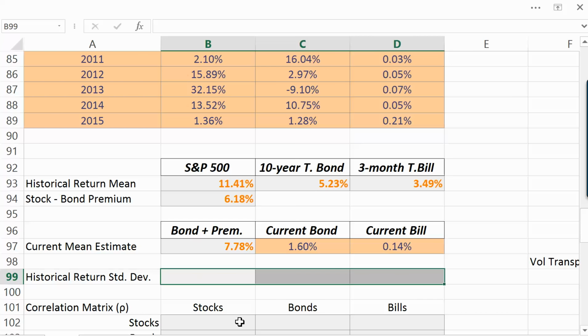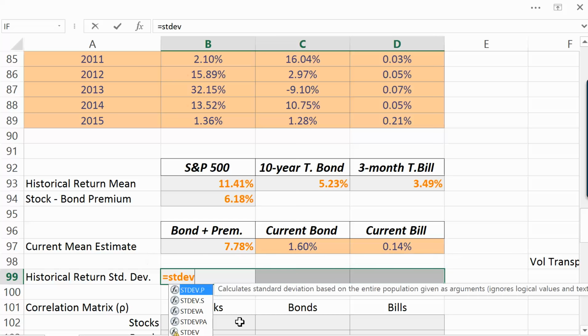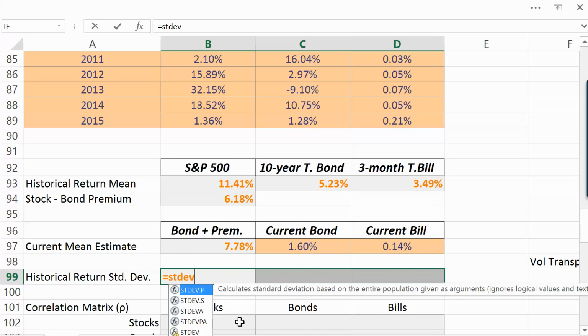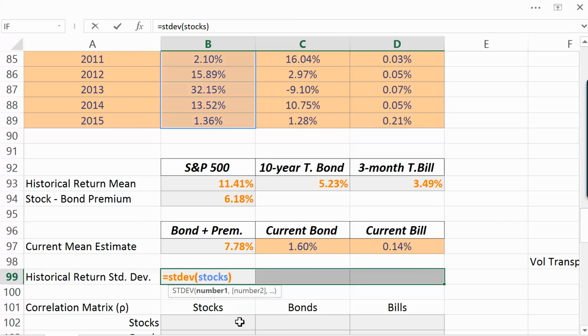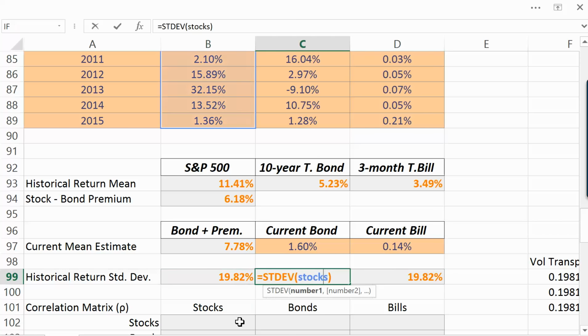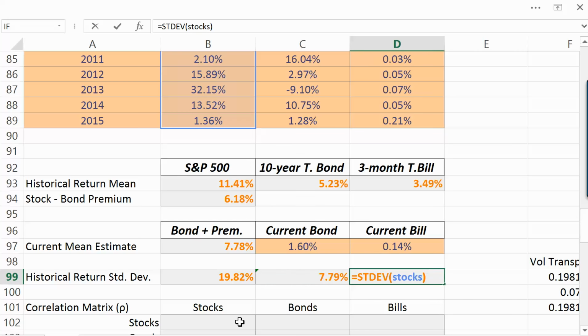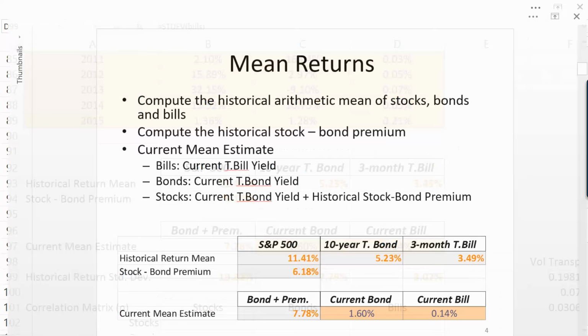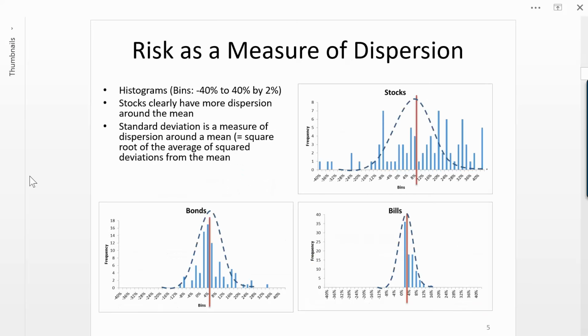So let's calculate the standard deviation of stocks, bonds, and bills. And what you can see is stocks are the most variable, 19.82%, followed by bonds and bills. And you can see that a different way. I did a